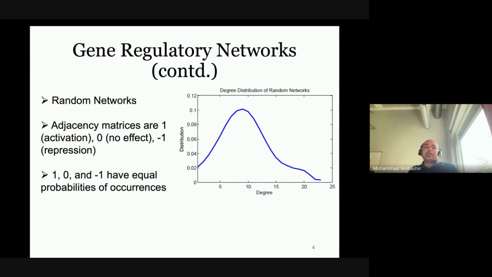Now, the gene regulatory networks which I have used here are random networks. That means the connectivities are not decided. So in general, there are three types of networks. One is called scale-free, another is called hierarchical, third one is random. So here I am going to